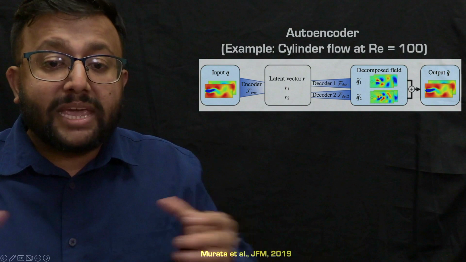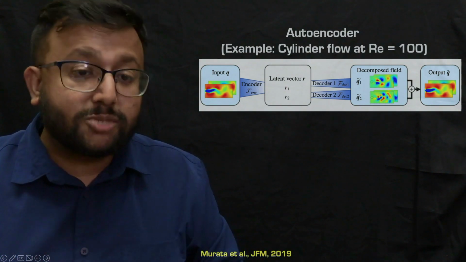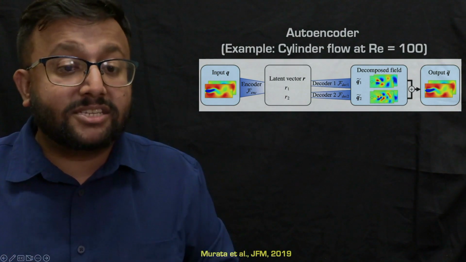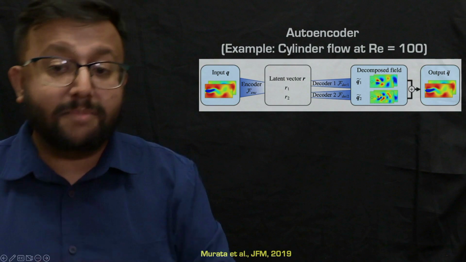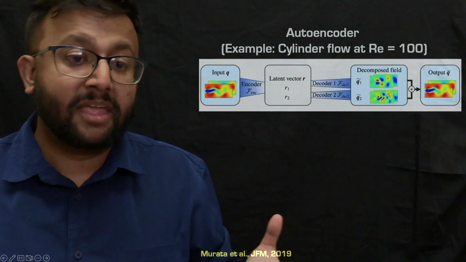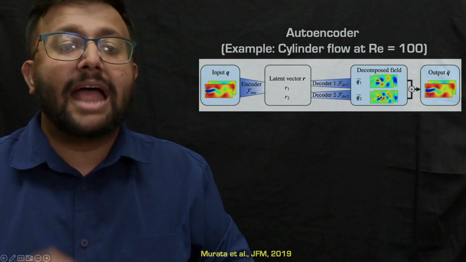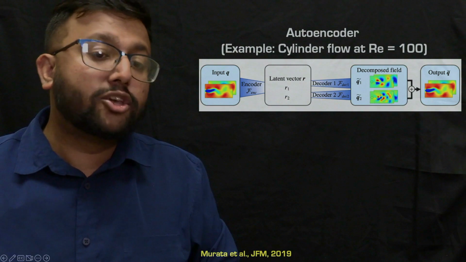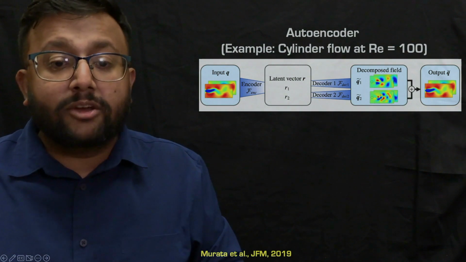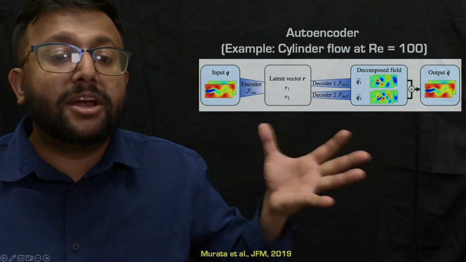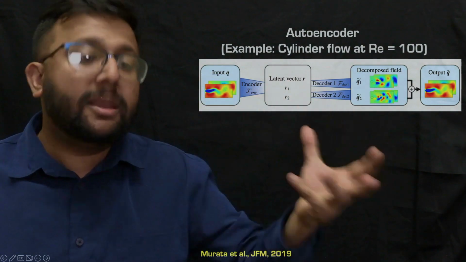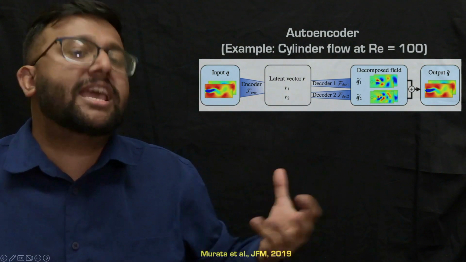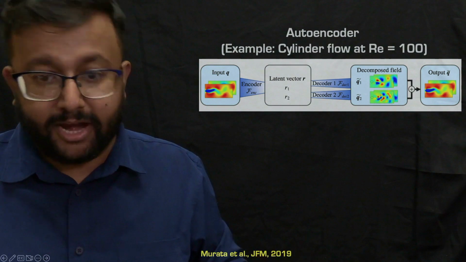Then we can take these individual latent space coordinates, these compressed coordinates, and decode the individual latent space representations to get high-dimensional representations of the flow. You take R1 and R2 here and decode the information individually, again through some hidden layers, and get Q1 and Q2. Then you can add Q1 and Q2 and reproduce the output. So this is an identity map, right? Your input was Q, now your output is this estimate of Q, and you want both of them to be the same with the least error between them, right?